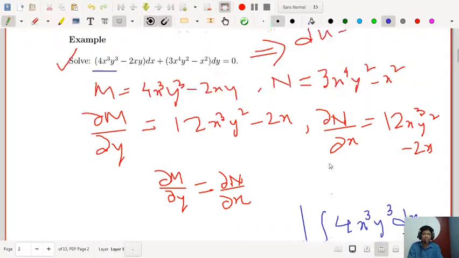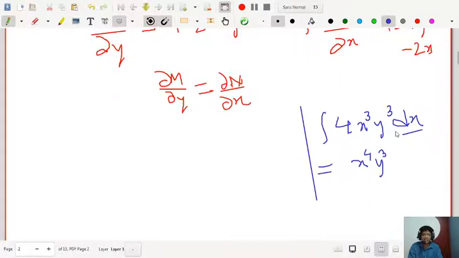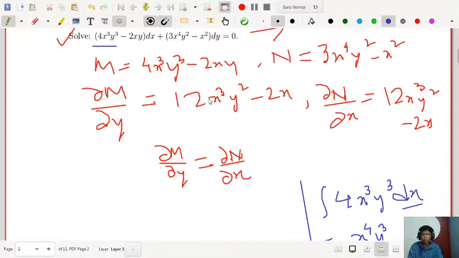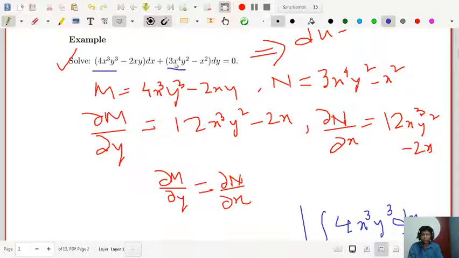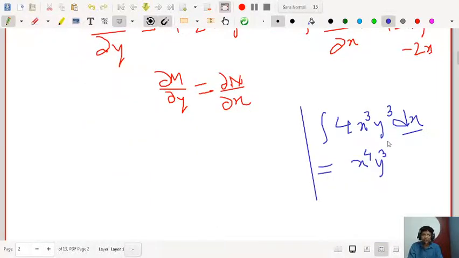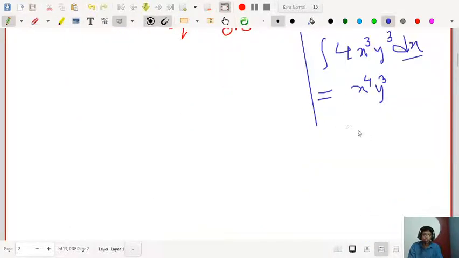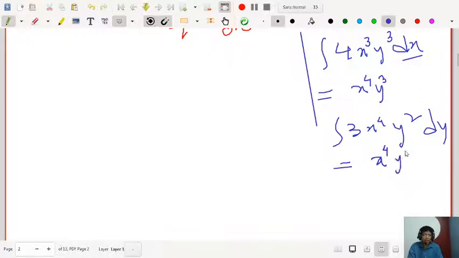Okay, and you have to pair up this. Let us check which term is also giving this. You are also getting x to the power 4 y cube. If you take this one, x to the power 4 is already there, and you have y square dy. Integration of y square dy will be y cube. You are getting the same thing. Let me show you once again. The term is 3x to the power 4 y square dy, and you are integrating with respect to y. In this case 3x to the power 4 is constant, so you have y cube by 3. The 3 gets cancelled and you have x to the power 4 y cube.